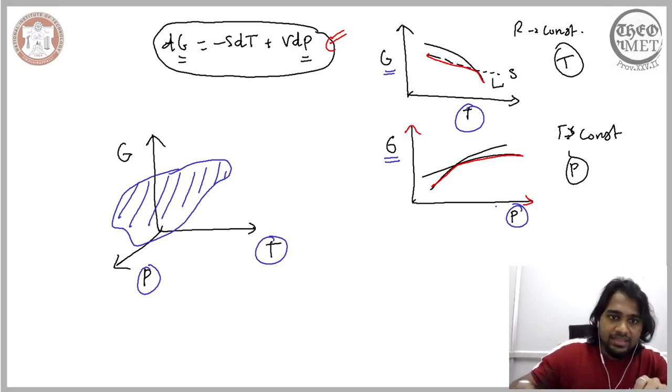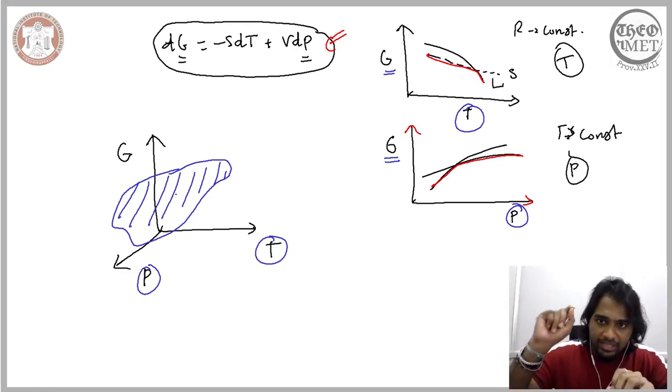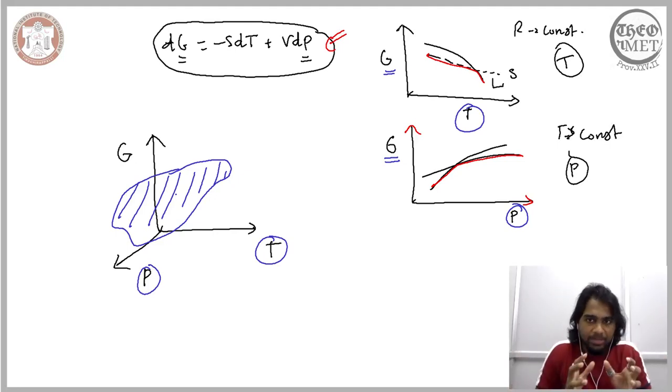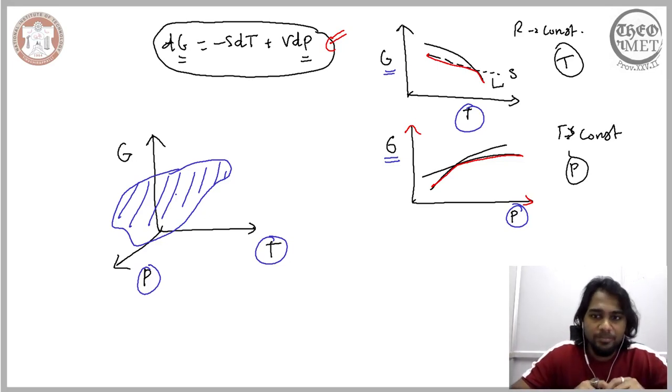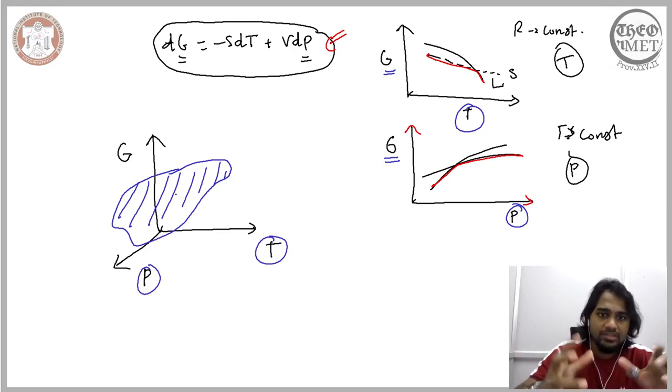However, in this case, depending on the interplay between both these factors, you would have a certain nature of the curve. So the nature of the curve depends on the interplay between the influence of temperature and pressure on the Gibbs free energy. The temperature influences the Gibbs free energy in a certain way, the pressure influences the Gibbs free energy in a specific way. The combination of these two is what we observe in this three-dimensional condition, and it is what gives you this curved surface.